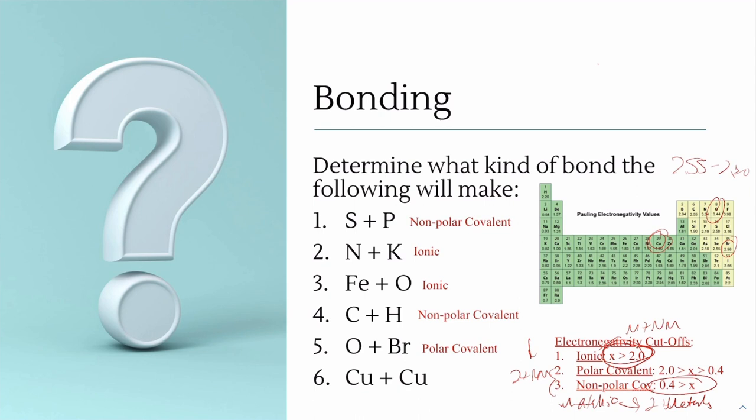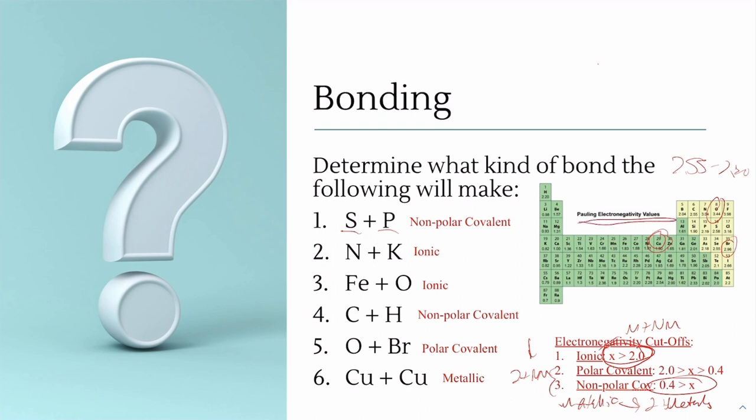So that's a metal with a metal. That's going to be a metallic bond, okay? Metallic bond. So that's kind of how you want to be thinking about these questions. Think firstly and foremost about what the identity is. Is this a nonmetal and a metal, or a nonmetal and a nonmetal, or two metals, right? Those will principally be your determining factor of what kinds of bonds these will make. The electronegativity values can confirm those answers, but again, they may not even give you this